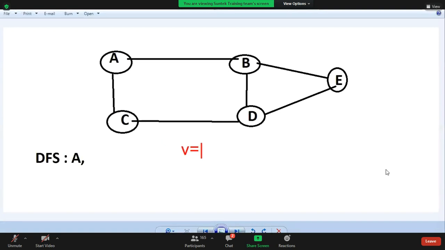V equals A, B, C, D, E. Edges, what are the edges, guys? Now we can say edges are: AB is an edge. Next, can you say BA? Yes, we can say BA. AB, AC. Can I say AC? Yes.